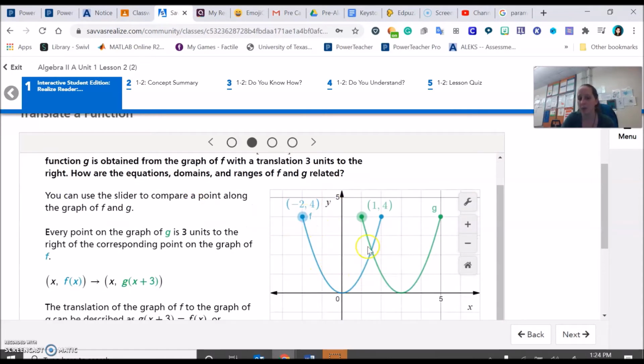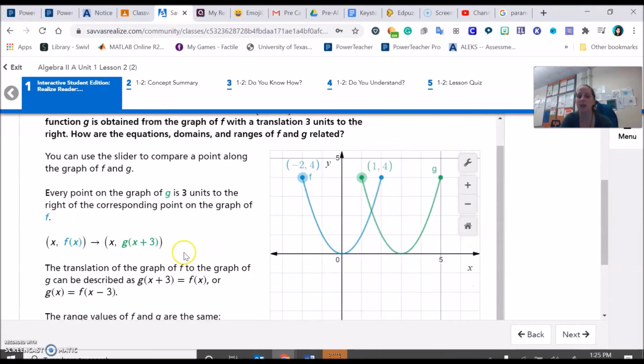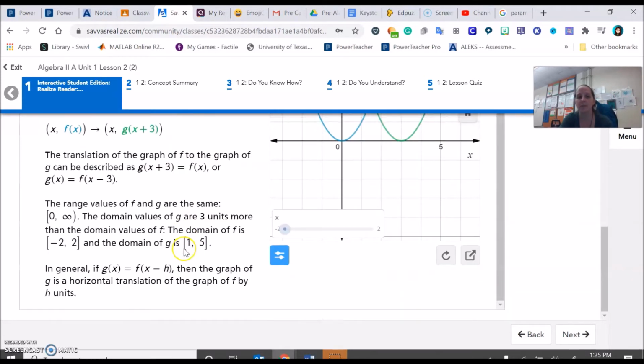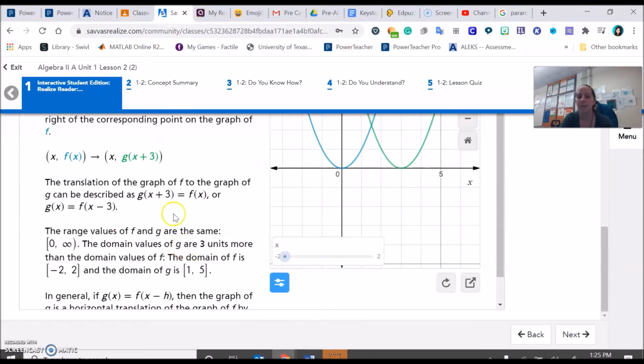Okay, so here's my original graph. It looks the exact same as the one we just looked at. It's the same exact graph from negative 2 to 2. And all I did with this graph is I just moved it over, 3 units to the right. So every point on the graph of g is 3 units to the right of the corresponding point. Okay, so that means,